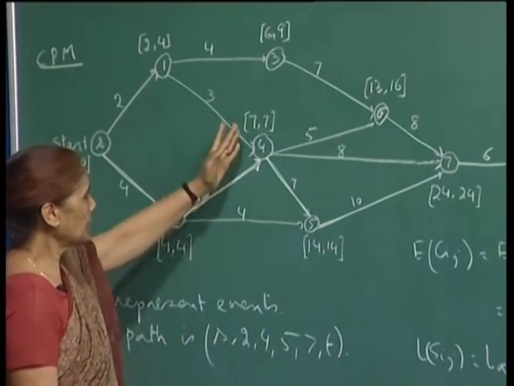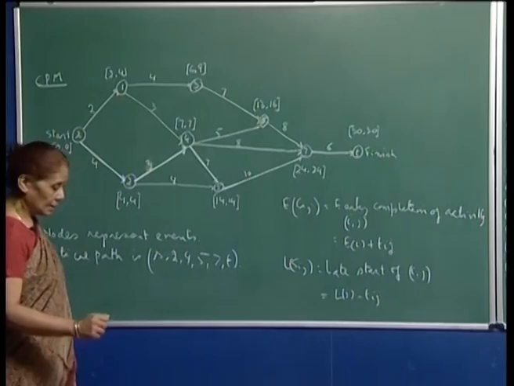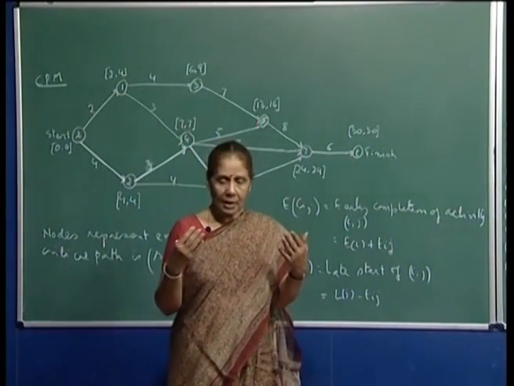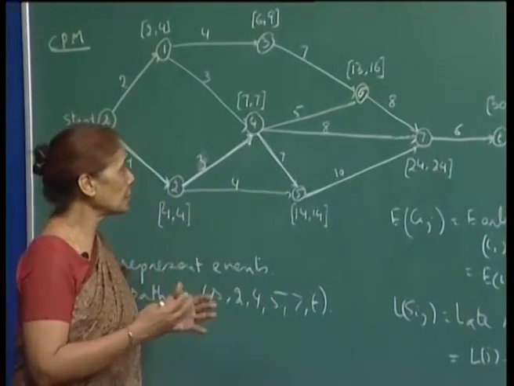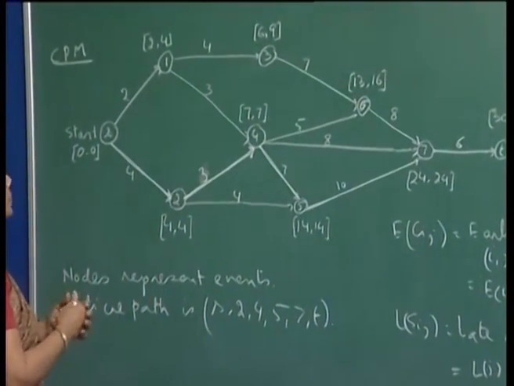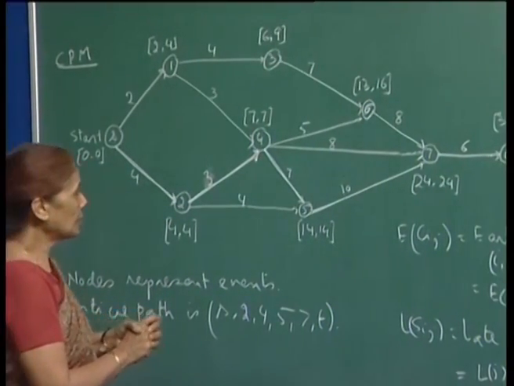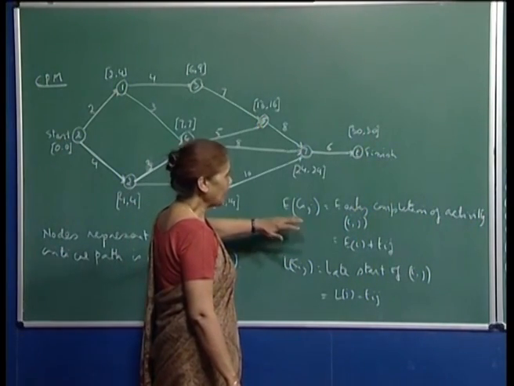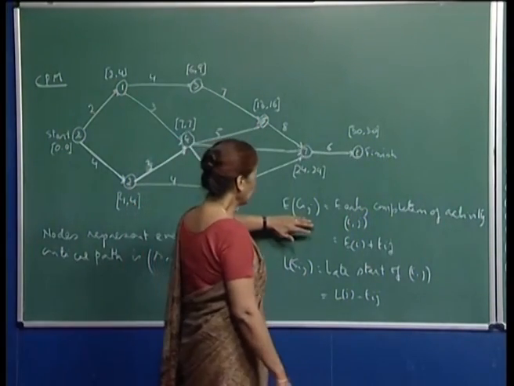So, these are events, and the critical path we showed you, but the manager also needs to know the early starts and late starts of activities, because he or she has to concentrate on the completion of all the activities of the project. So, we need some more tools for the manager to be able to manage the project properly, and so we will define this. For example,